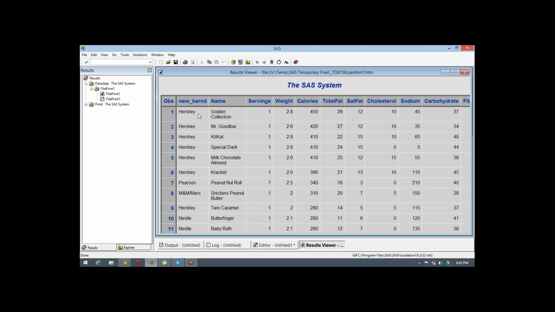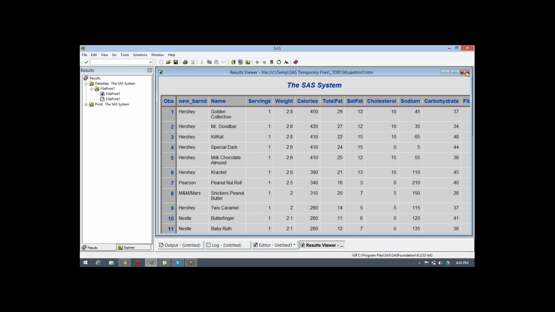Whenever you execute proc print, the variable name is printed first, not the label. The preference is to use the name, not the label. But in a report, the preference is always the label, not the name. If the label is not there, then only we use the name. But in proc print, the preference is always the name.